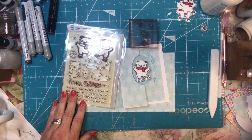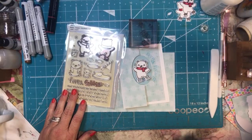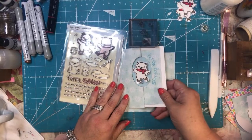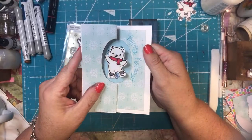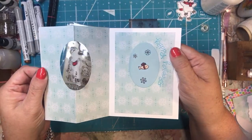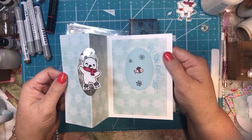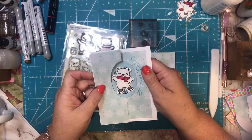Hi everyone, it's Tammy, and today I want to show you how to make this really cute and fairly easy spinner card. So watch this. Eee! Isn't that cute? The little bear spins all around, and Fawn made it really easy to do this one